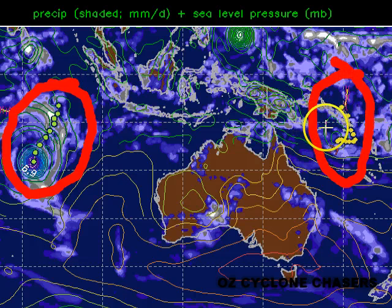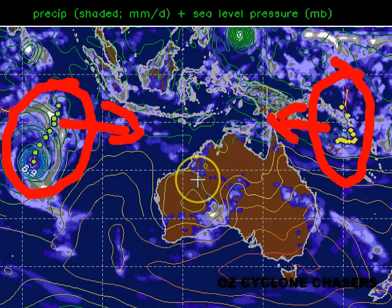So this area of activity is pushing westwards. This area of activity is pushing eastwards. So I guess the issue lies in what will happen in the longer term. So at the moment we're only going out to 5 days, but if we start to look more at the